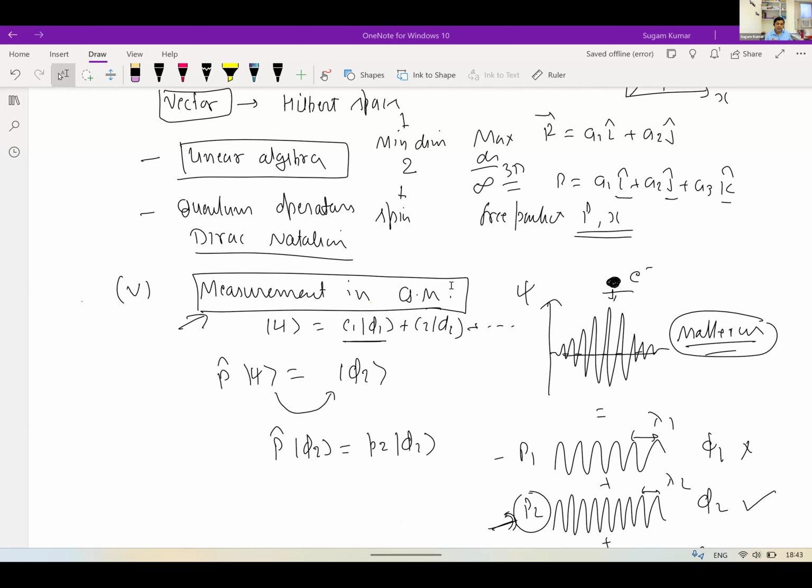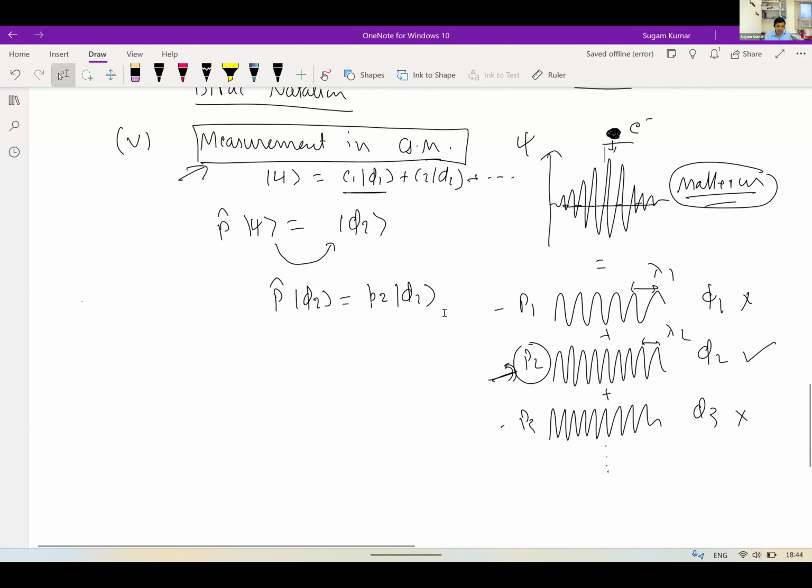No one knows why the wave function collapses. It is still an open question in quantum mechanics. This is part of the postulates of quantum mechanics. It is based upon observation.